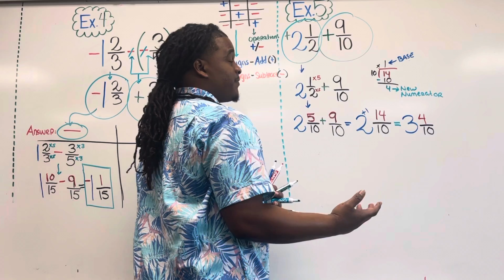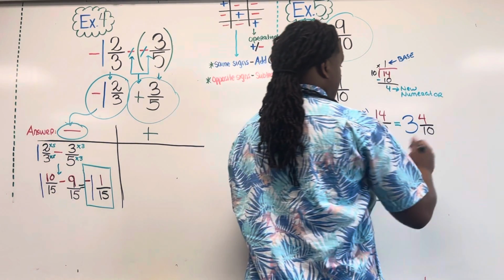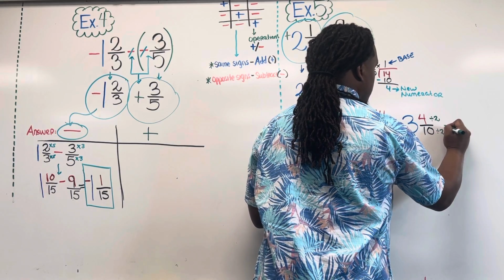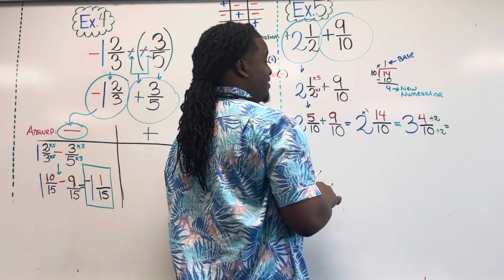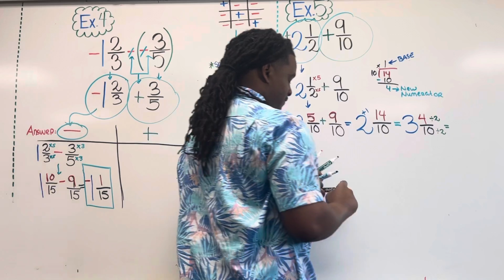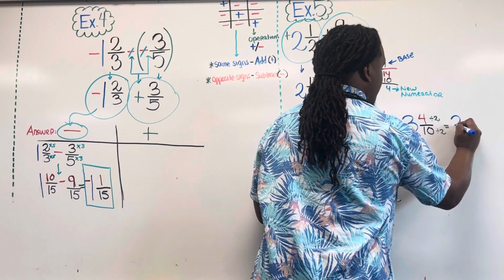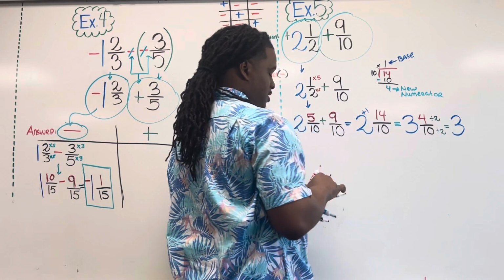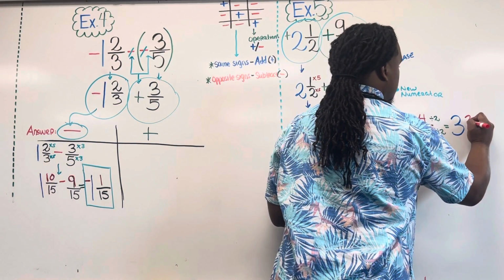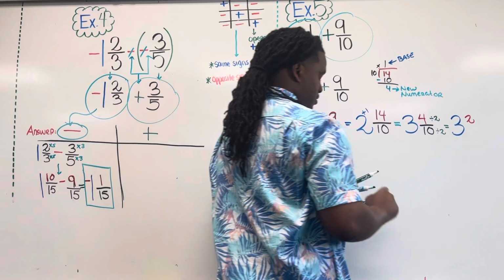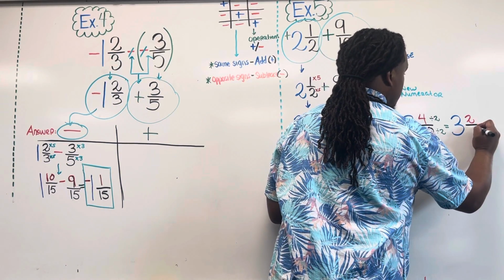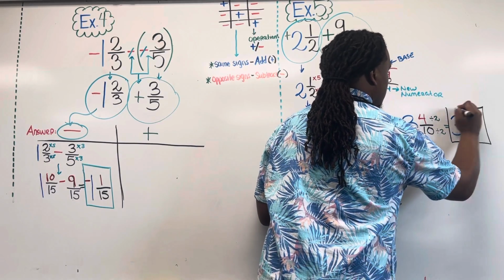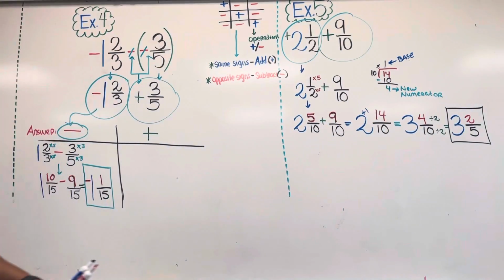And of course, we can simplify as well. So let's just simplify by dividing by 2, right? 4 divided by 2 is 2, 10 divided by 2 is 5. So my final answer, which all of these are the answer, but my most simplified answer is gonna be 3 and 2 over 5, or 3 and 2/5. That is my final answer,